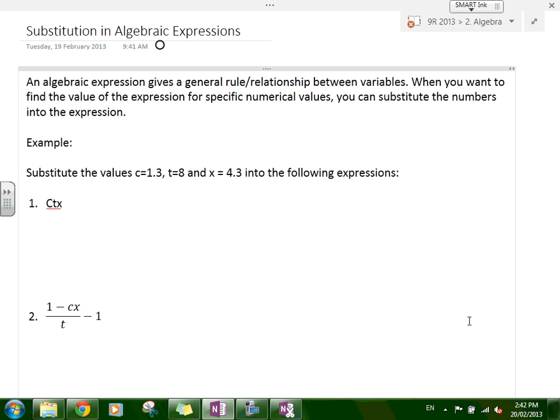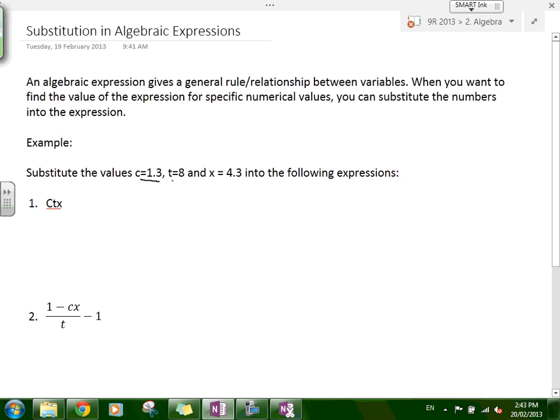So if we have a look at this one, the example is: substitute the values C equals 1.3, T equals 8, X equals 4.3 into the following expressions. So this one is CTX. So it's all three multiplied together. So what we get is 1.3 times 8 times 4.3, and that is equal to,